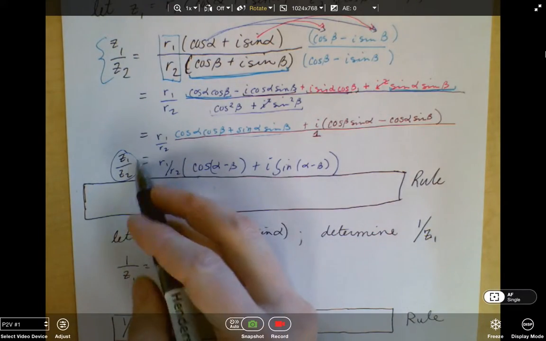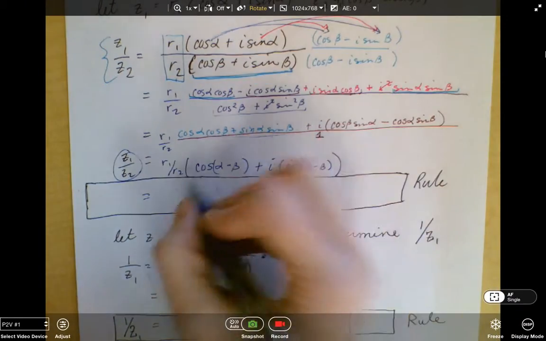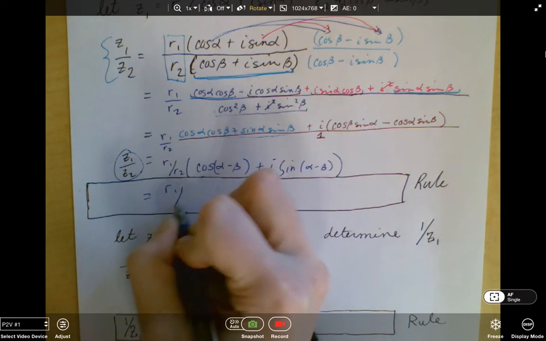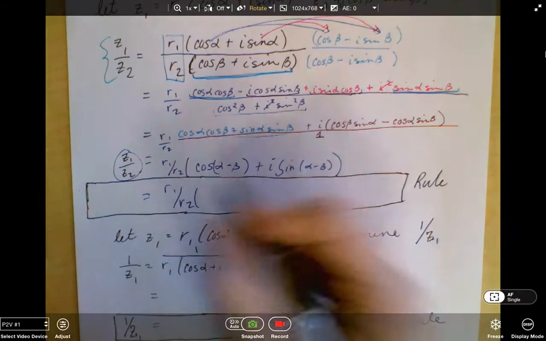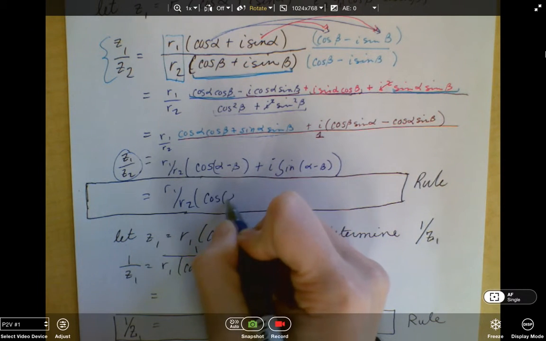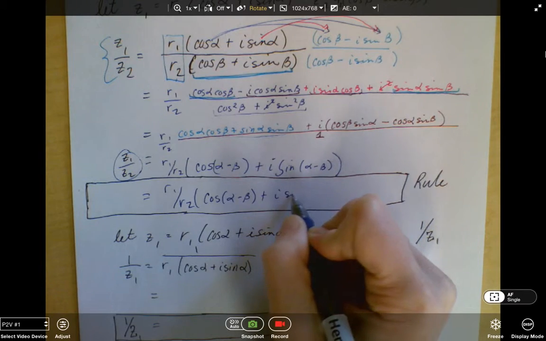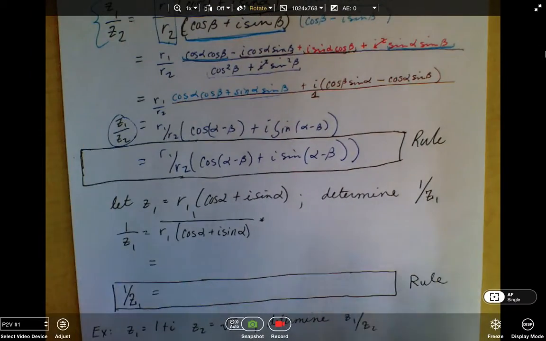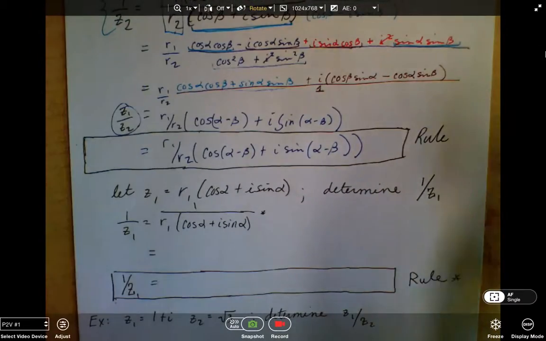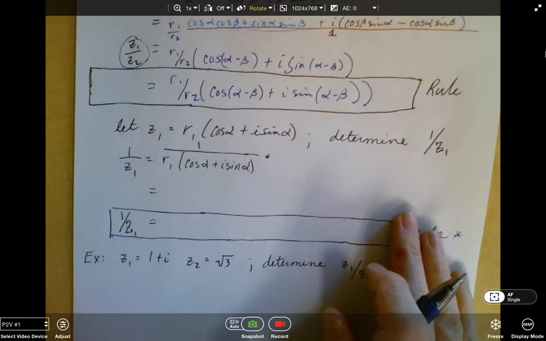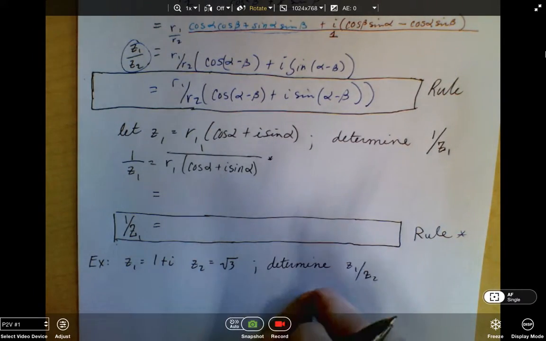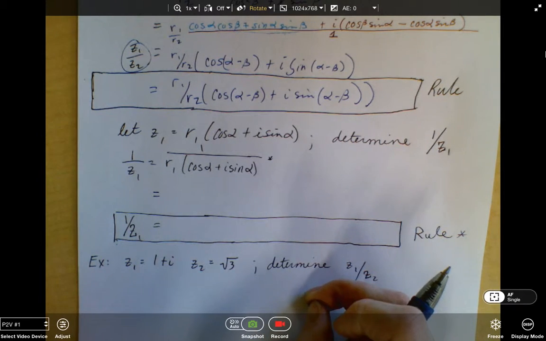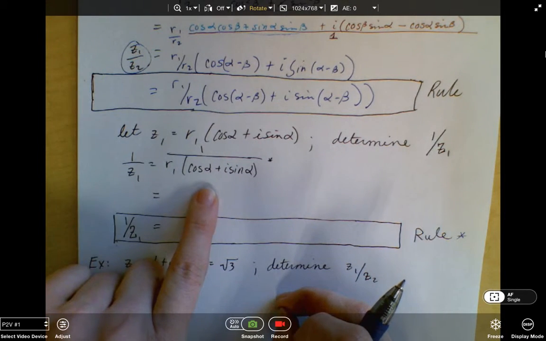When I divide two vectors or complex numbers that are in complex form, I can use this. R1 over R2, cosine alpha minus beta plus I sine alpha minus beta. Another rule, which I'm going to have you guys kind of derive on your own. I want you to figure this out, and then it'll be the checkpoint for when we come to class tomorrow. So we'll have the activity from the first sheet that we'll work on, and then I'll check this to see